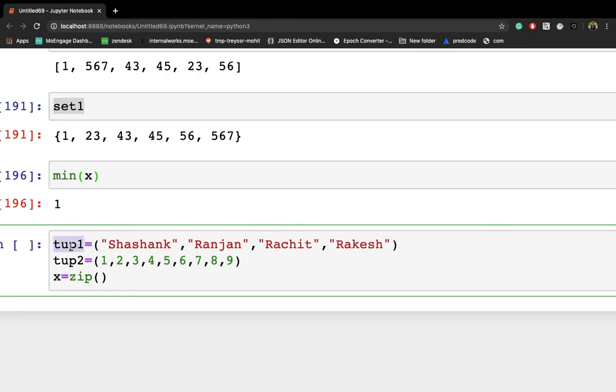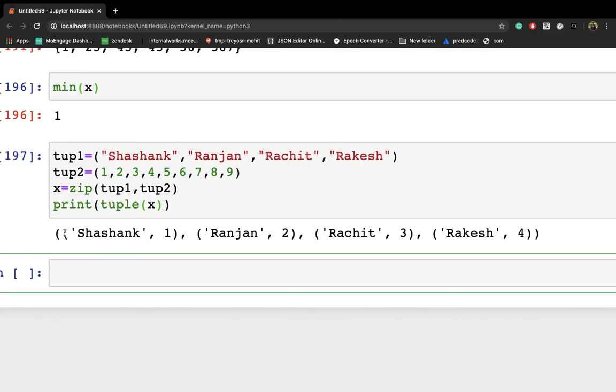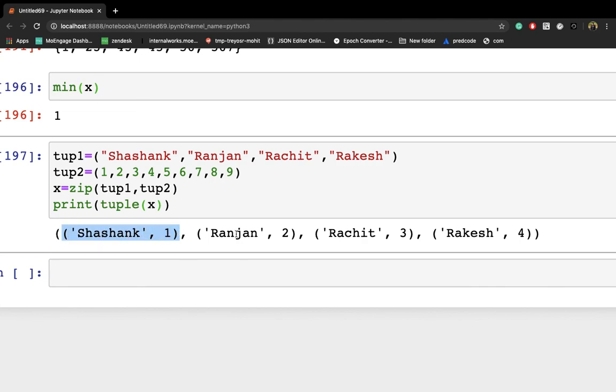What I'm doing here is I'm writing tup1 comma tup2, right? Print tuple, let's say x, right? So you will get Sashank 1, Sashank, Ranjan, Rachit, Rakesh, 1, 2, 3, 4. But the rest of the elements get omitted.